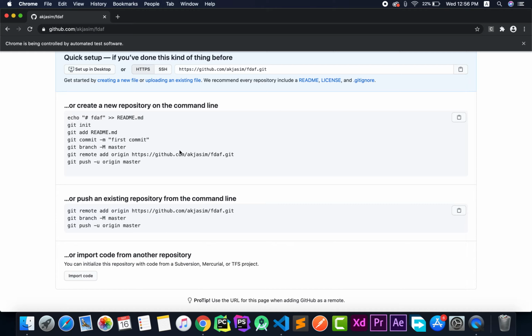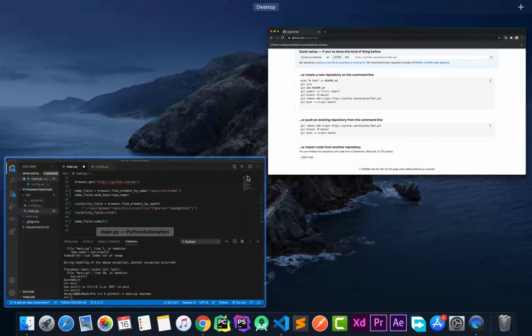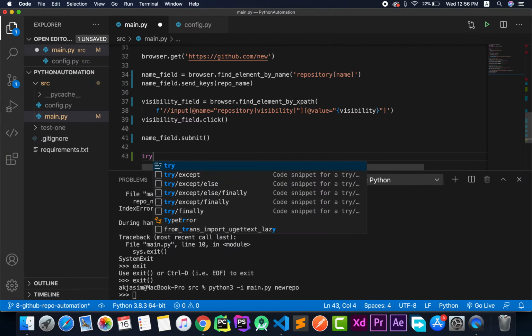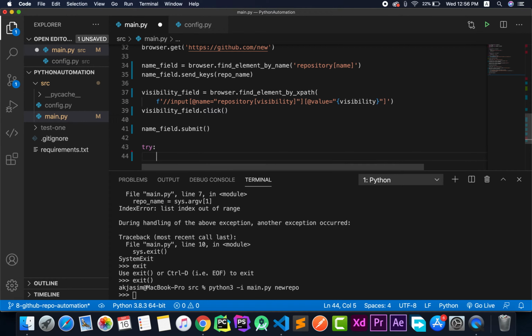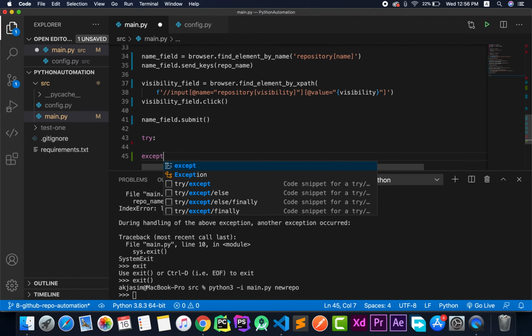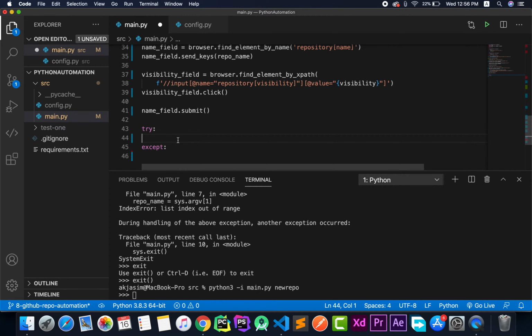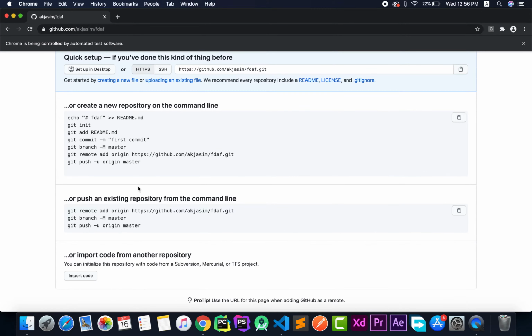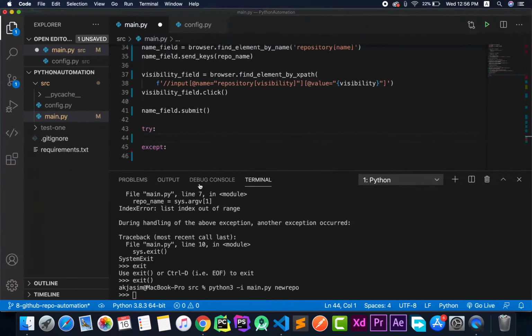Okay, if we didn't see this one, or if we just manage to get these steps here, then there's no problem. So that's what we'll be taking. You can of course take the other approach of analyzing the submit button. So what we'll do is just say try and except, which means the things that we are going to be doing assume that we are on this page. So if anything crashes, which means if we are not able to find these steps here, then it will